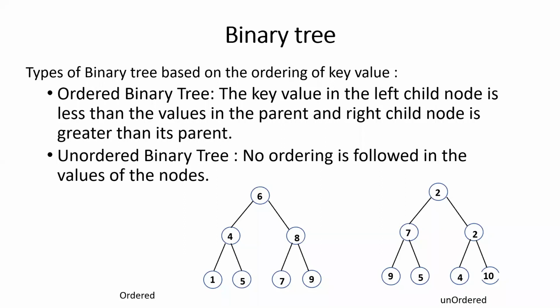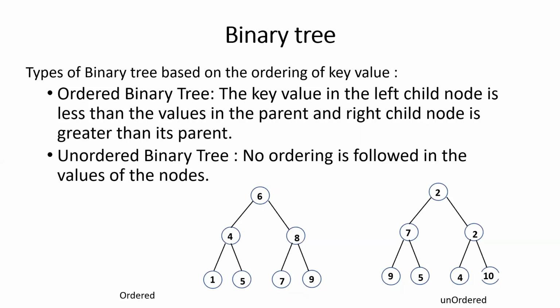In the same manner, here we can have an efficient searching in a binary tree if the elements in the binary tree are in an ordered manner. So if the ordered binary tree has elements in the left node lesser than the key value in the root node, and the key value in the right node is greater than the key value in the root node, then that type of binary tree is named an ordered binary tree or a binary search tree. So it is used for an efficient searching method.